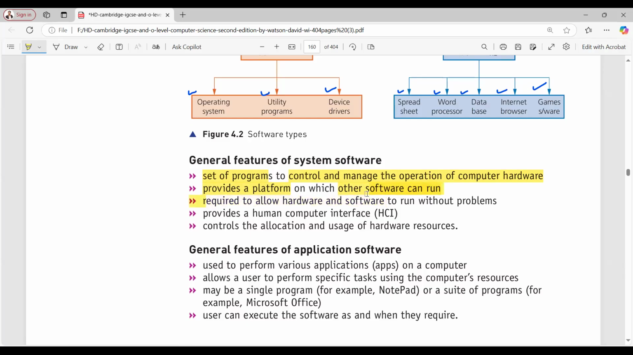Required to allow hardware and software to run without problems। आपकी जो हार्डवेयर और आपका सॉफ्टवेयर है that can easily run without problems। It can also provide a computer human interface। A computer human interface means an interface with the help of that you can easily communicate with the computer। Controlling the allocation and usage of your hardware resources। That means जैसे मैं टास्क मैनेजर में जाके दिखाता हूँ कि